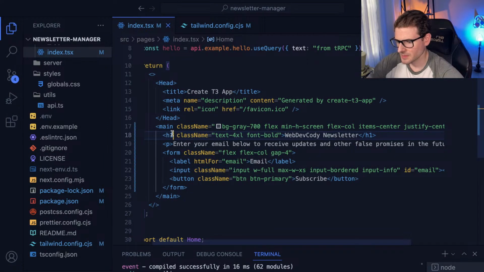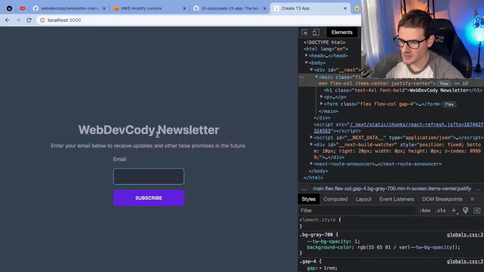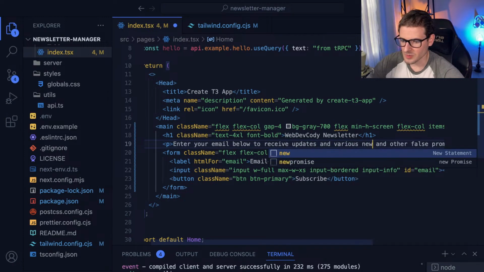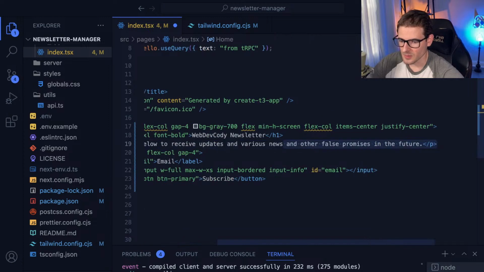And I might actually put this whole thing here in a flex column as well, so that there's some space in between these things. Enter your email below to receive updates. Various news, I don't know. I'm so bad at typing. I'll do this off stream.